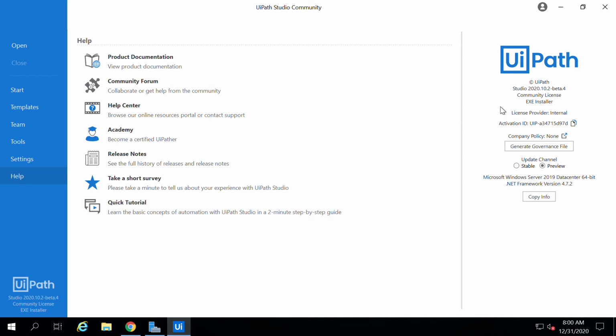And on the right hand side, you can see the UiPath version, activation key, and also whatever the version which I'm using, like preview or stable. So this is the information you can see on the right hand side. And this is all about